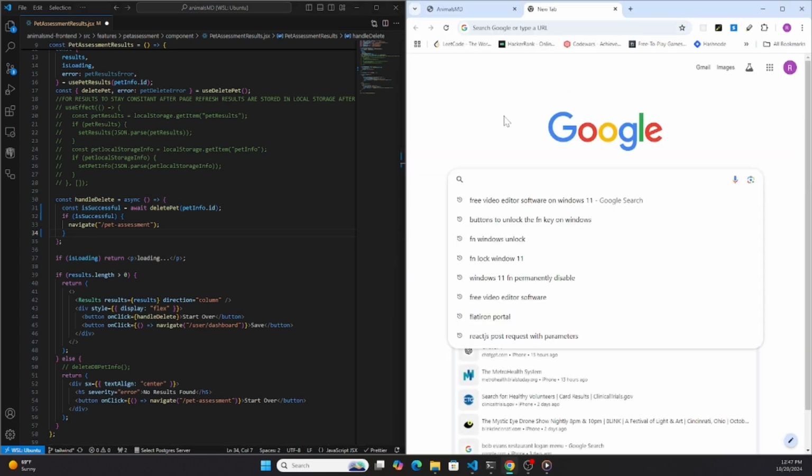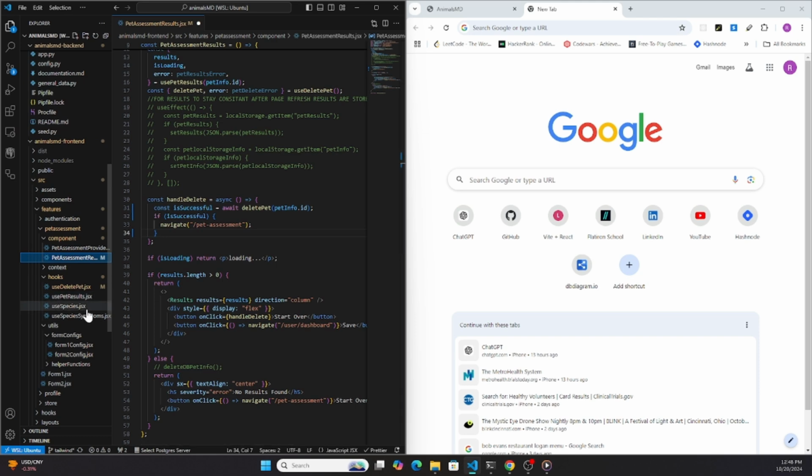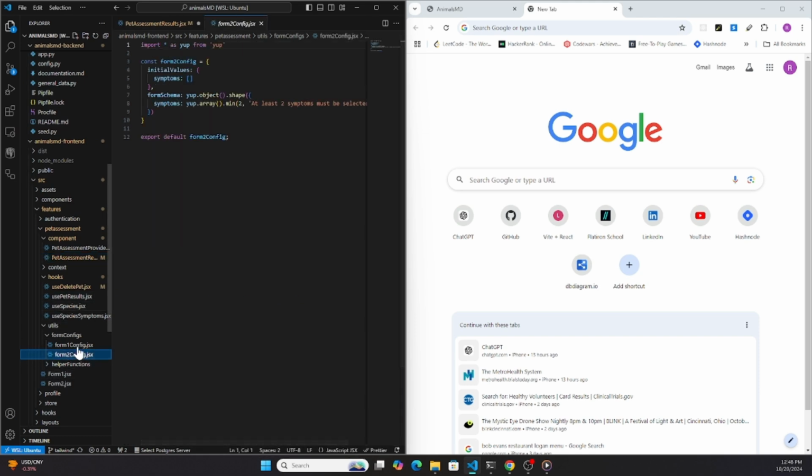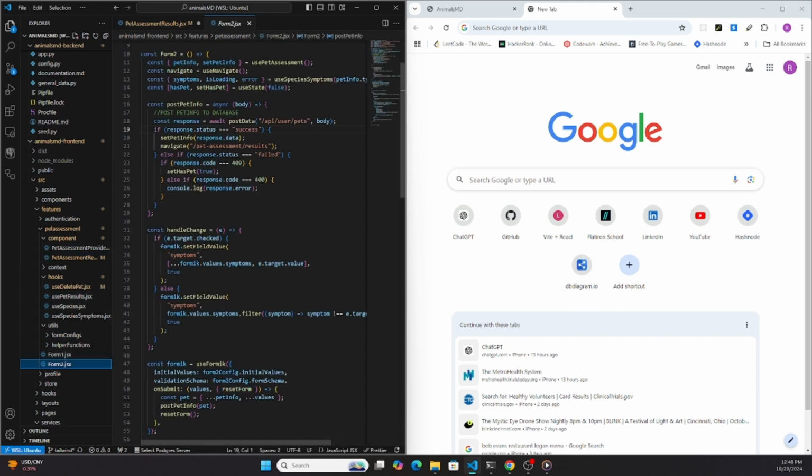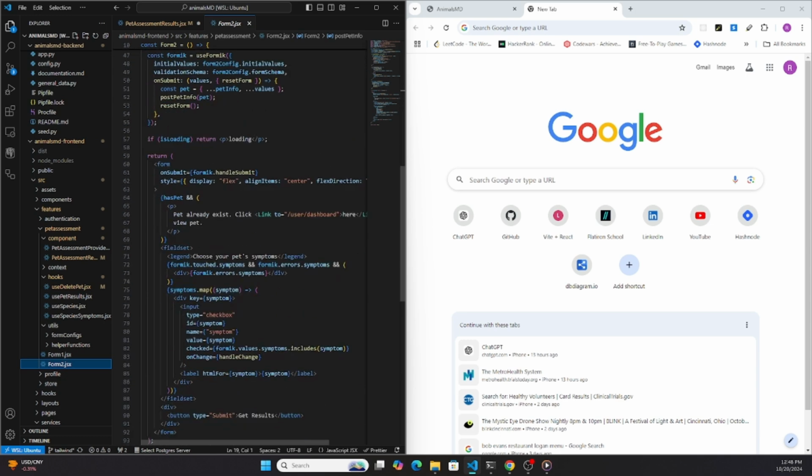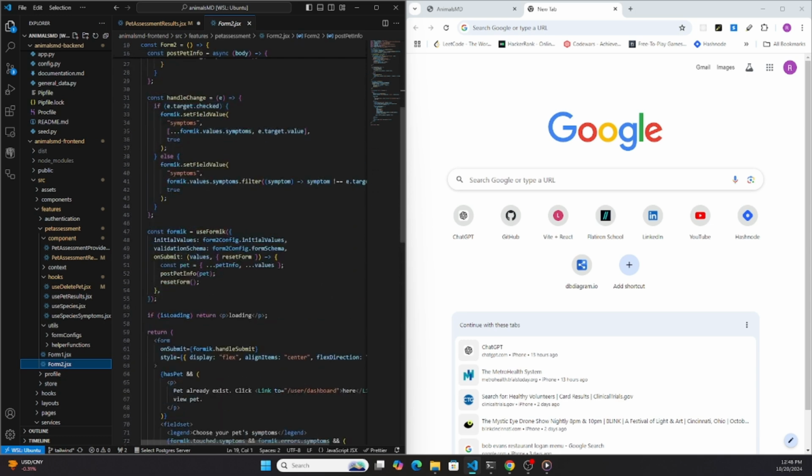Let's see, how can we Google this? Best way to handle a restart. Okay, so let's go through this again. So what happens is, in form 2, we have form 2, and when we submit the information, when we post the pet, we have to post the pet's information so that it can be in the database. And then when we redirect the user to the dashboard, we have to post the information to the database so that when we hit the API,